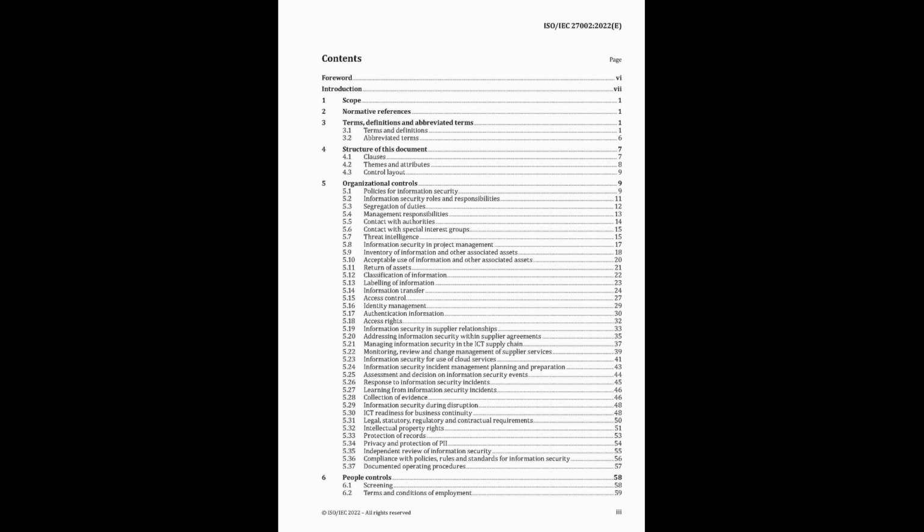Now, 5.22. Monitoring, review, and change management of supplier services. The oversight doesn't stop after signing the contract. Absolutely not. You need to continually monitor, review, and manage changes to what suppliers are providing. Why? To ensure they're staying compliant with the agreed security requirements. Precisely. So regularly monitor their service delivery, periodically review their controls and compliance, manage any changes to the service carefully, assessing security impacts. Verifying SLAs are met, having processes for incidents involving suppliers, and managing termination securely. It's ongoing vigilance. That's a good way to put it.